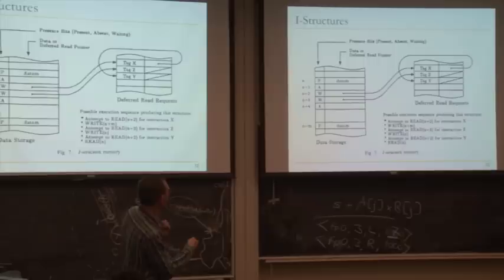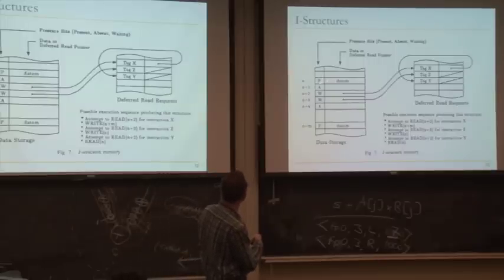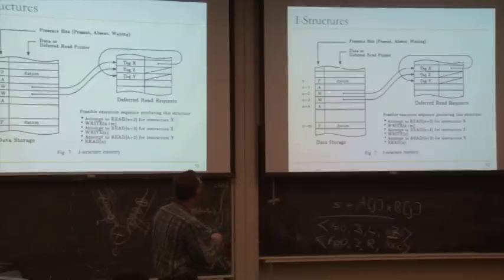Absent means not allocated in this case, if I remember correctly. People use different terms. But think about it as full empty. Ignore the allocated state for now. In this case, there may be locations that are present or full that contain the data. And if a read comes there, the memory just returns the data. There may be locations that are waiting, which are empty. In that case, I guess waiting means there are instructions that are waiting for it.